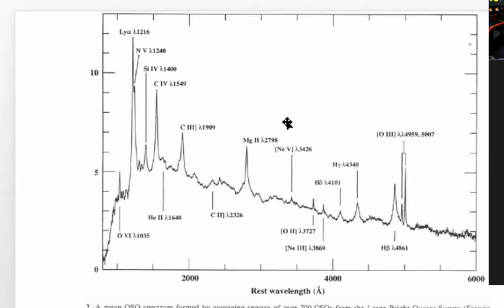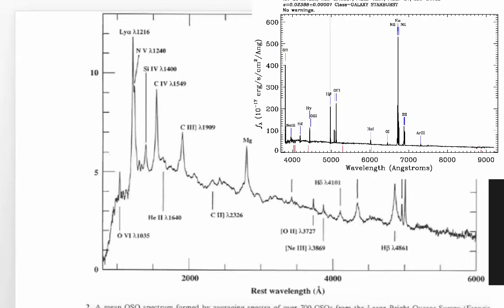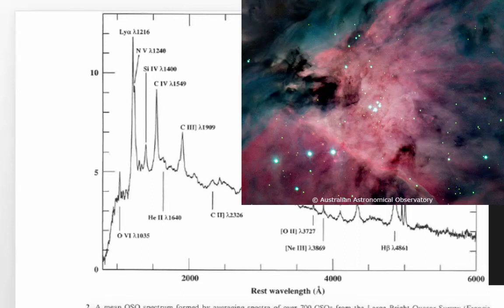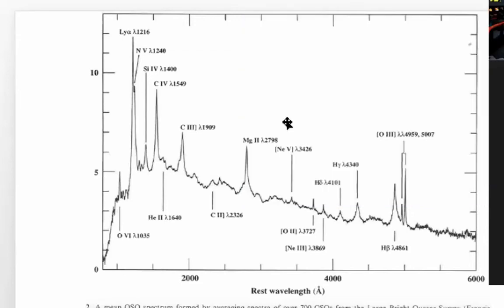This might remind you of the spectrum of an H2 region where you also have ionized gas, except that gas is around O stars. Now, I'm showing you a different flavor of an H2 region around a quasar. They've got some similarity and some serious differences here. But let's look at the similarity first. Why is there ionized gas in an H2 region, for example, the O stars around the Orion Nebula? We need a source of photons that have a wavelength less than 912 angstroms or 91.2 nanometers.